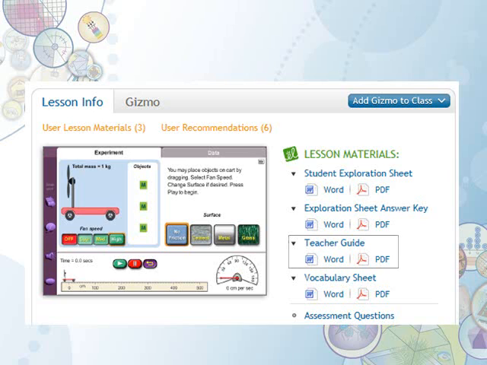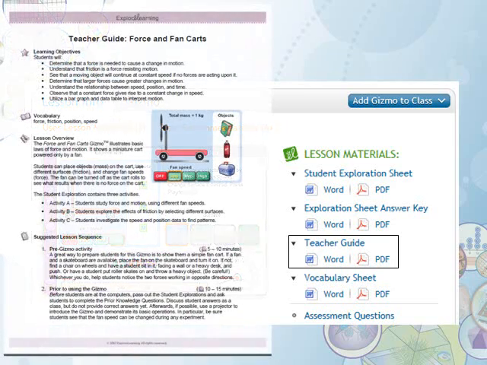Let's now look at the teacher guide from beginning to end to see the areas that support Domain 1C, Setting Instructional Outcomes. Learning objectives is the first section of the teacher guide. We begin with the end in mind by identifying what students will be able to do at the conclusion of the gizmo activities. Such learning objectives will provide the teacher with a springboard to create their very own objectives, incorporating